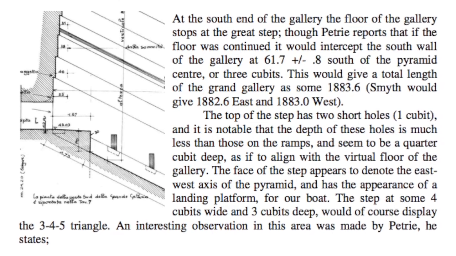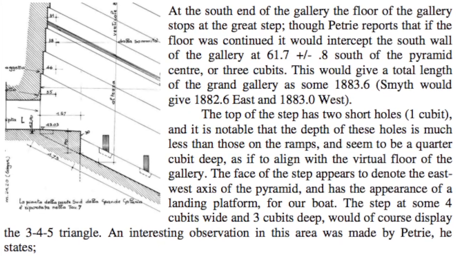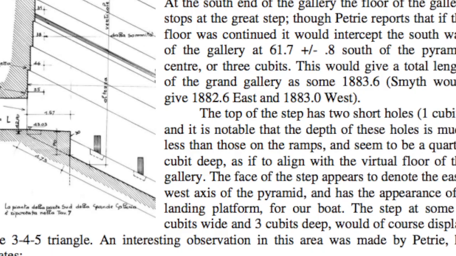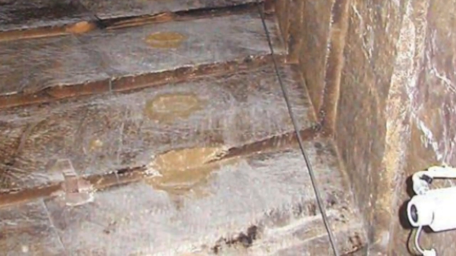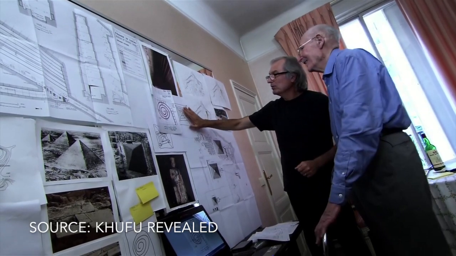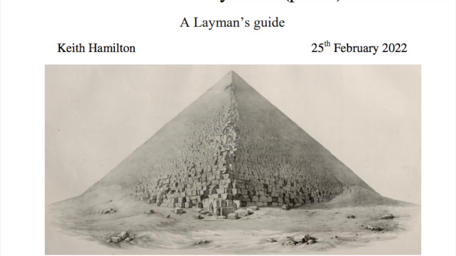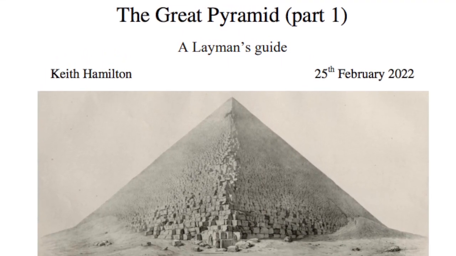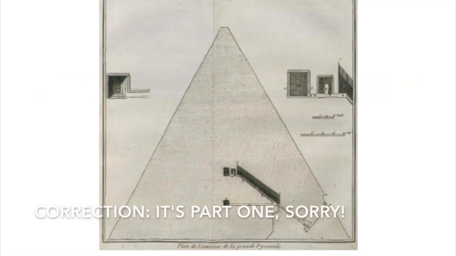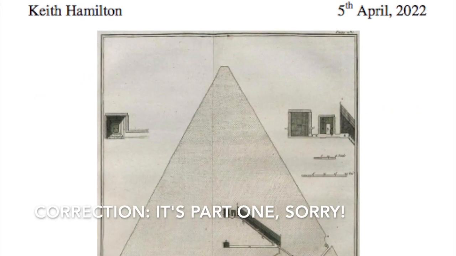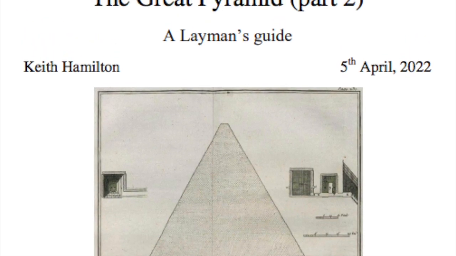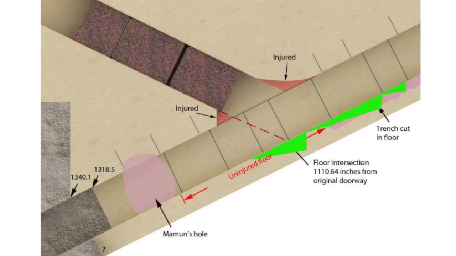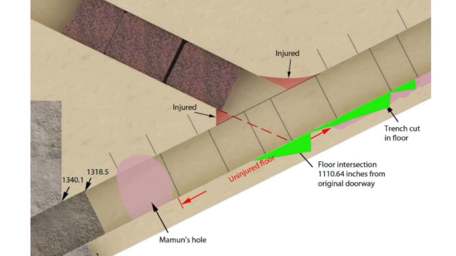Even now in modern times, where each and every inch of the construction has been pored over, its components such as the Great Step, which has now been replaced, or the grooves running parallel along the gallery, many theories have been presented for the Grand Gallery's purpose, but none that I have seen so far have been as convincing as Jean-Pierre Houdin's theories. Although I will give special mention to the ever-excellent Keith Hamilton, whose Layman's Guide to the Great Pyramid, in its second part, greatly details the potential arrangement of blocking stones being held in a system here, ready for descension down into the ascending corridor upon completion of the pyramid's construction.